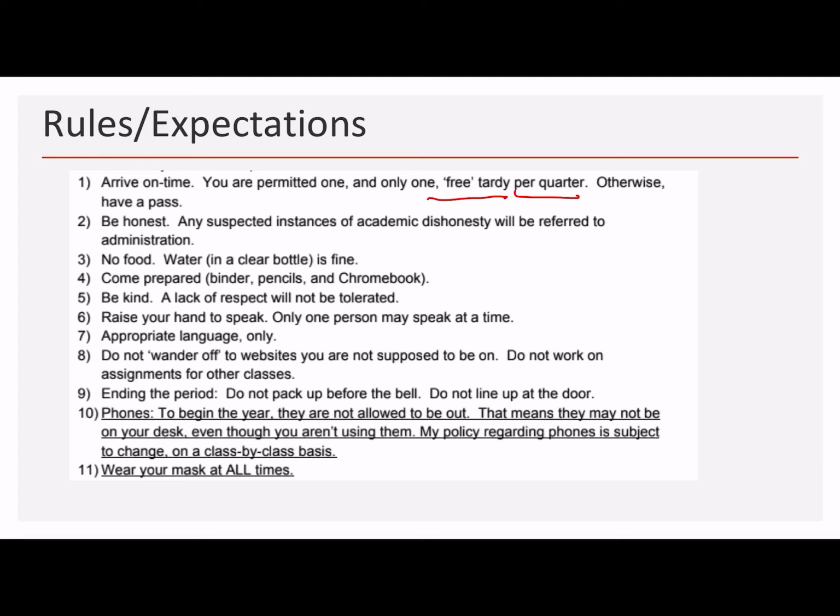Number 2, this is important for both in-person and online. Be honest. It is very, very easy for me to tell when people are using cheat apps or having someone else do an assignment for them. When I look through the reports, it's very obvious to me who is doing their own work and who isn't. I hate to say it, and I don't want to accuse anyone, and I want to assume the best, but I have to say it because of this online format. Do your own work.